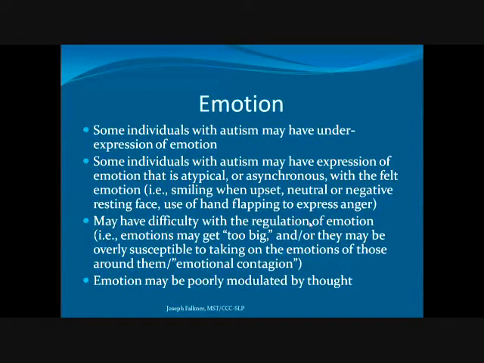Now, they might also have difficulty with regulation of emotion, and something might get big very fast for some people. And it's really important to keep this in mind because this can be at times how something seems to come out of the blue at us. It's because some individuals with autism will have difficulties with emotion regulation. And quickly, a very small thing can become a very big thing. So there may be some need to teach the person some emotion regulation skills.